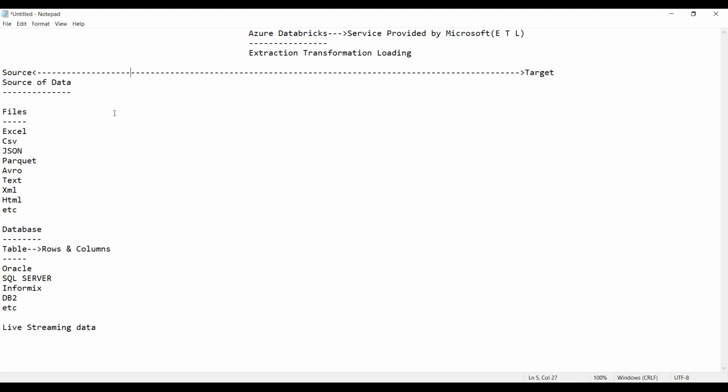Is it right? Yes, obviously. Various source means, suppose you have some banking data. Banking data they may store in some Excel file and send it to you.